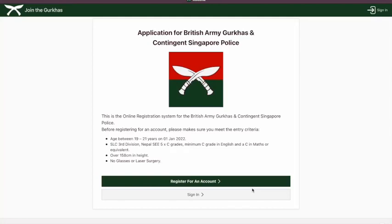Welcome to online registration. When you click on the website, this will be the first page that you come to. If you already have an account, you can sign in by using the sign in button here or the sign in button here. But if this is your first time and you meet the criteria that's written here and you want to register for either the British Army Gorkhas or the Gorkha Contingent Singapore Police Force, then please click register